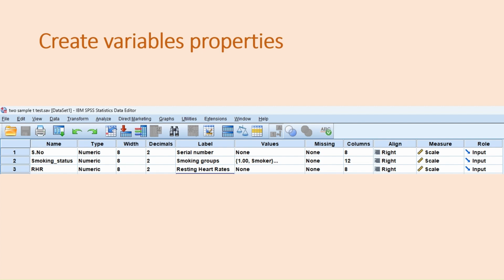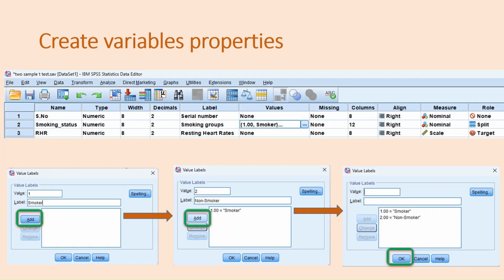The type of all variables is numeric, with width 8 and 2 decimal places. The labels are serial number, smoking groups, and resting heart rates.